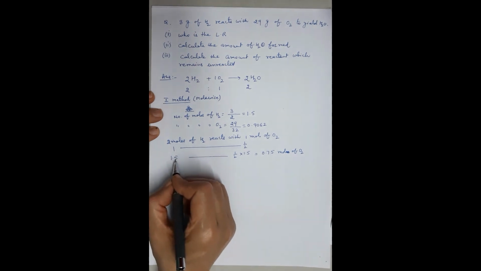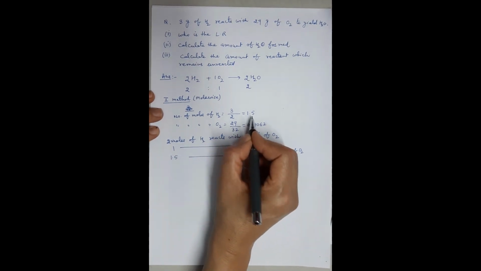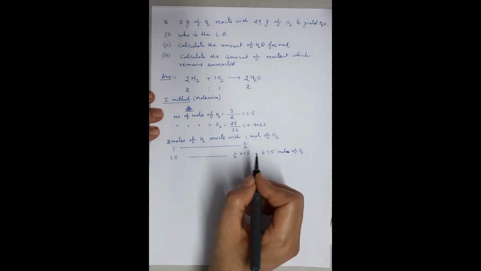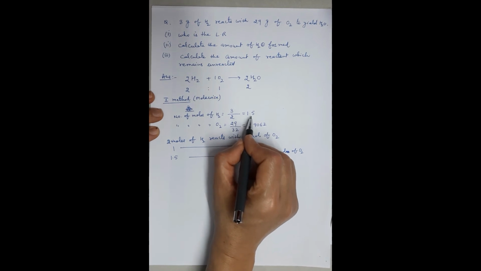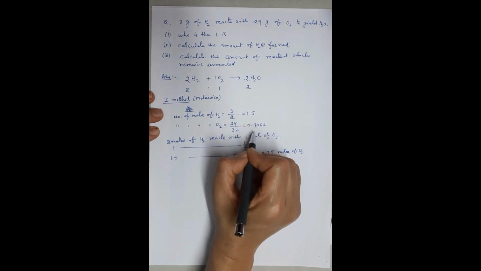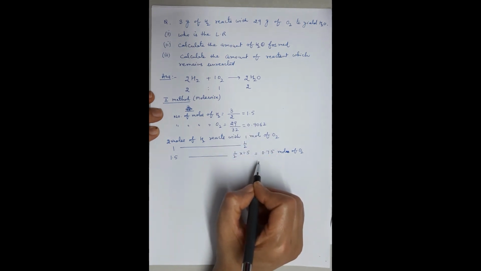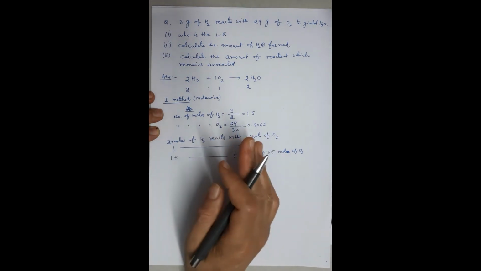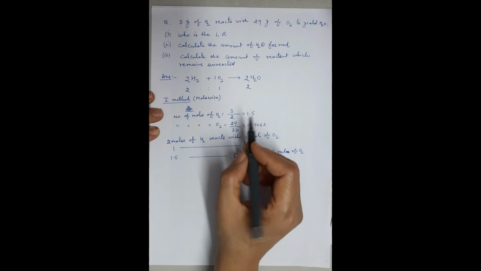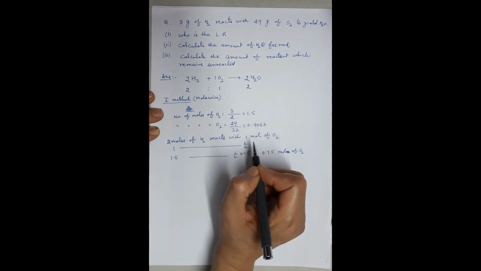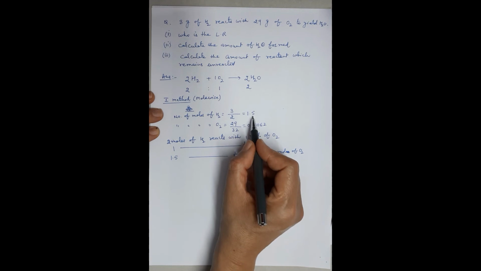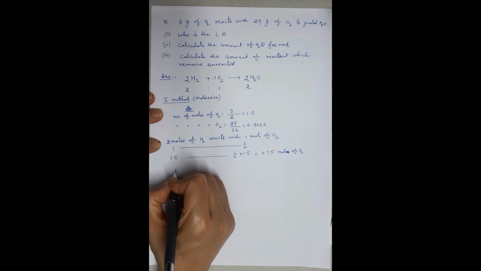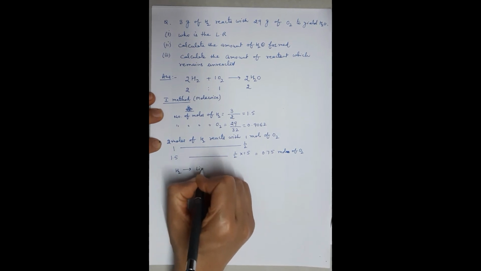I repeat again, 1.5 mole of hydrogen, which is the given amount, reacts only with 0.75 moles of O2. It indicates that the whole of the hydrogen amount which was available has been consumed, but still some amount of oxygen is left. So the one which is consumed first stops the reaction. Now the reaction cannot go further because hydrogen has been consumed. All 1.5 moles of hydrogen has been consumed. So it limits the reaction, it stops the reaction. So the first question is, who is the limiting reagent? Hydrogen is the limiting reagent.